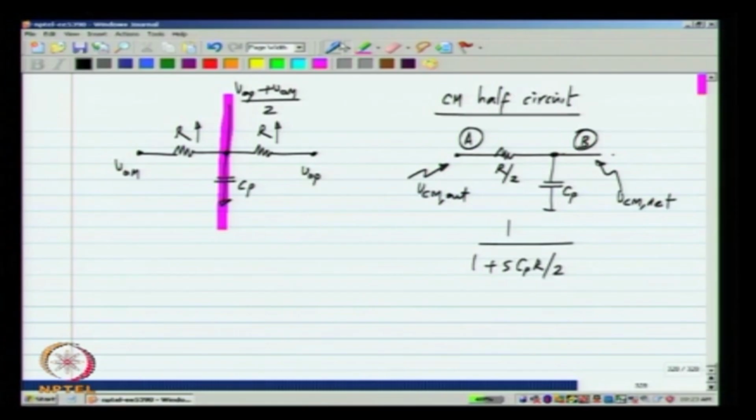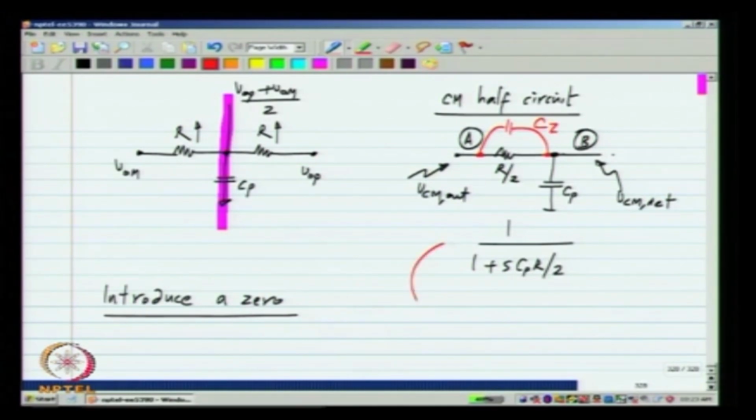We have earlier seen that by introducing a 0, we can essentially present an advance, that is a negative delay, and then counter the effect of the delay. Now, how do we implement a 0 in this first order low pass filter? That is very easy. All we have to do is to connect some capacitance like this. Let me just call that Cz. Now, in this particular case, the transfer function changes to, from A to B, it will be